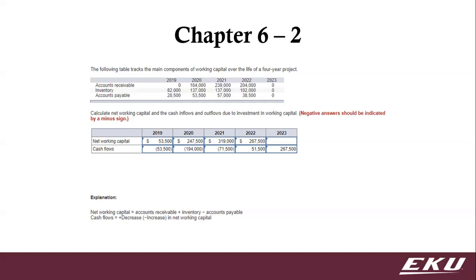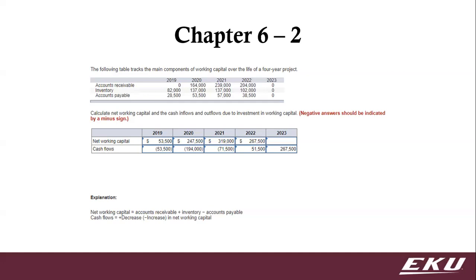We have credit terms, both what we receive and what we pay. Inventory changes based on our sales, right? We're going to match inventory, those types of things. And then it's just calculating the net working capital and then what the cash flows would be associated with that. Right. So net working capital initially was 53,000, right, because we have inventory minus our accounts payable,